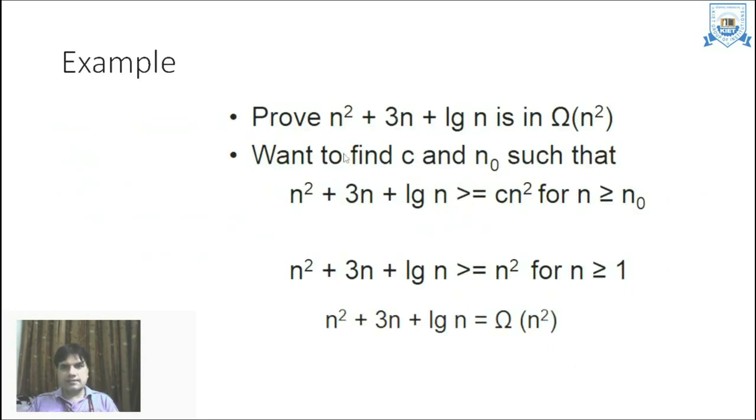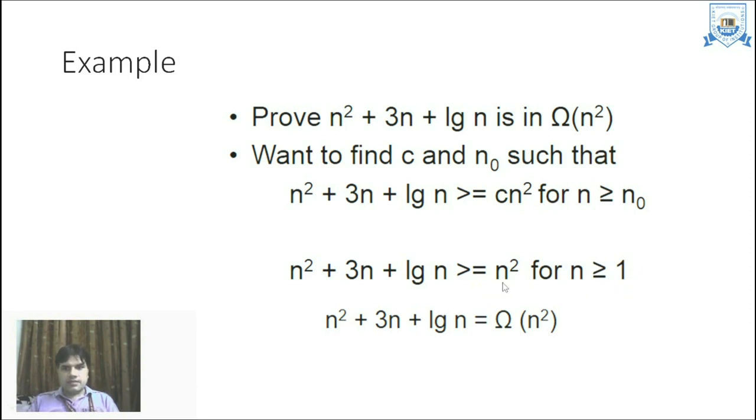If we are given this example that n square plus 3n log n is big omega of n square, what we have to prove actually is that c times n square is always less than this function. So for that we need to find out c and n naught. So n square plus 3n log n, let us suppose that it is greater than or equal to c n square, and in that case,